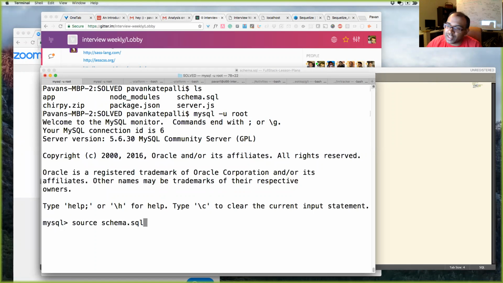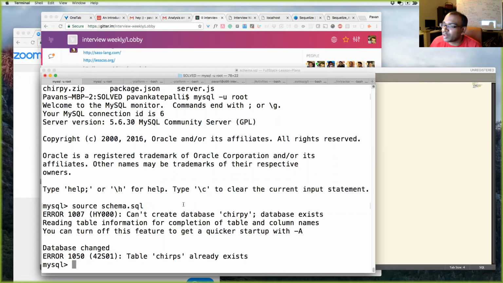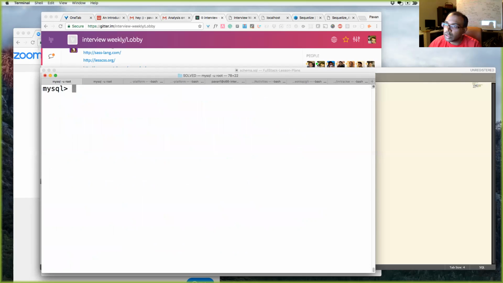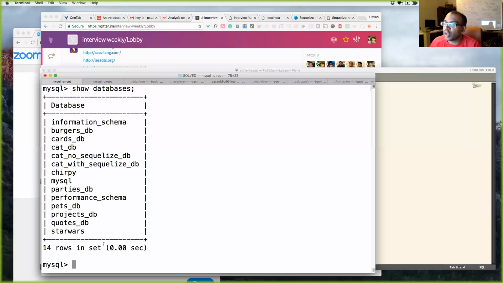Now, I already did this before, but if I run it again, it'll give me an error. Can't create this database because it already exists. But if you ran it for the first time, it would work. So now if I do Control L and clear my screen, clear won't work. I have to do Control L, and then if I do show databases, it shows all my databases,